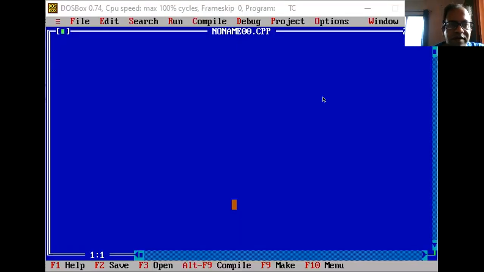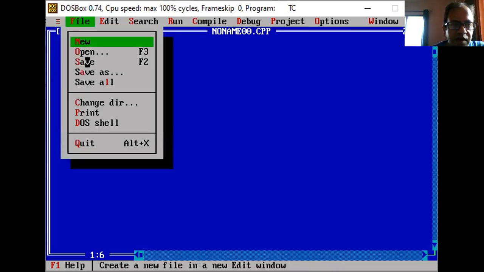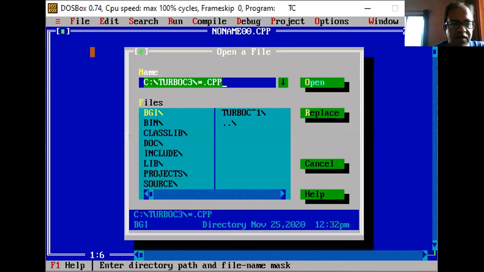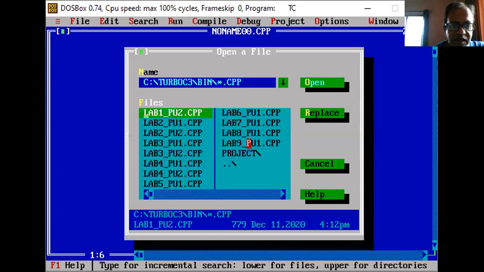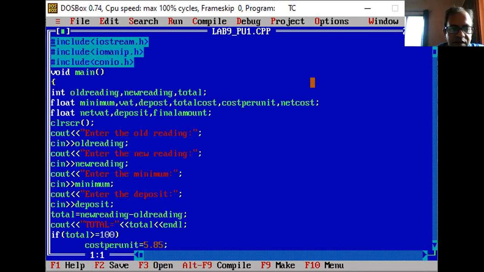So now I'll work this code using a C++ editor. I have already written the program, so I'll use that program, which is already saved here. I'll open the file where I stored it. If any errors arise, we'll remove those errors and complete the program here.